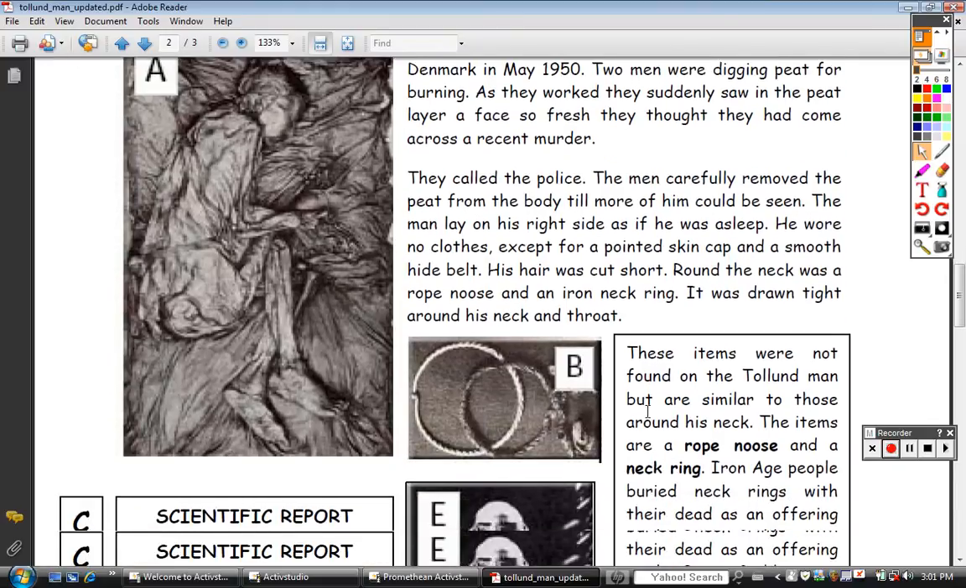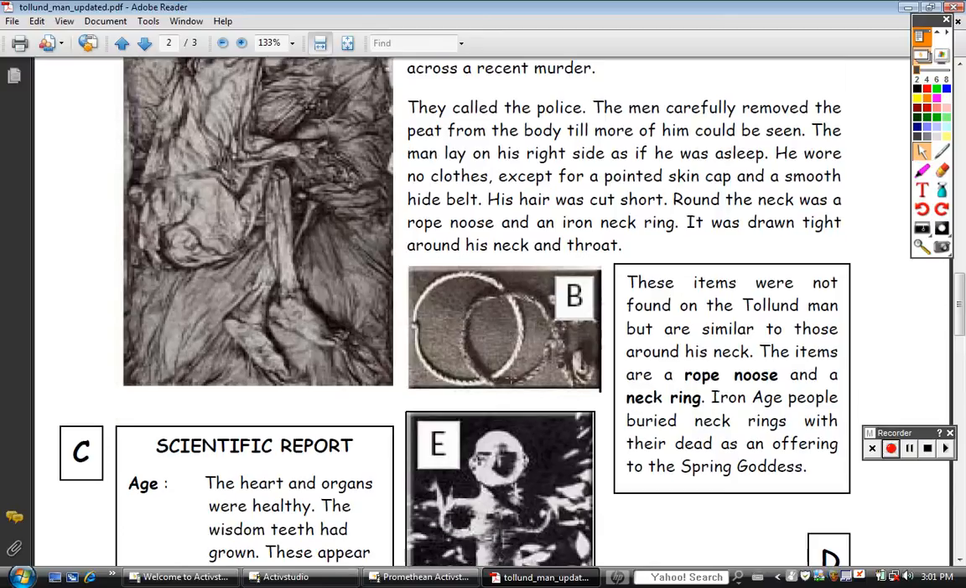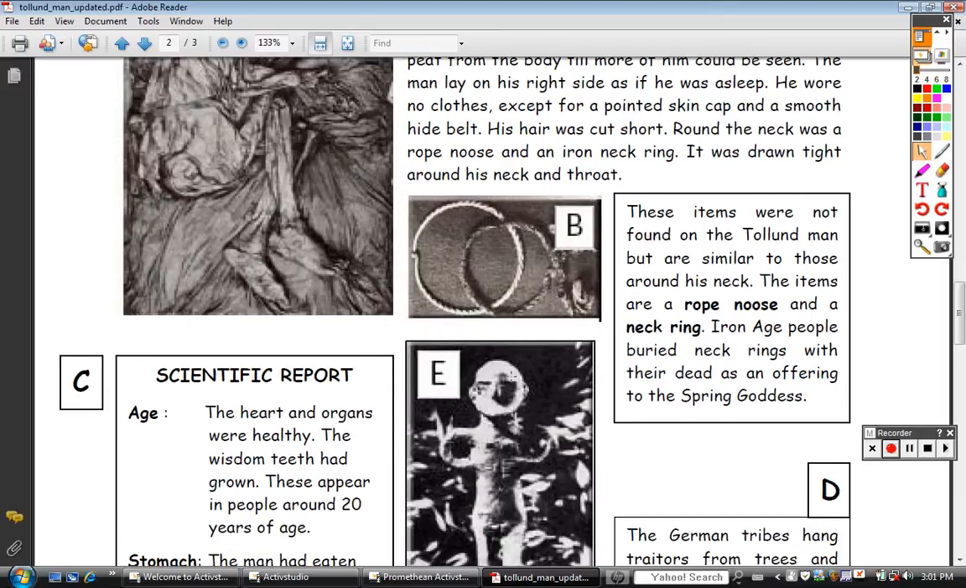As you can see here, there's another piece of evidence, B. These items were not found on the Tollund Man, but are similar to those around his neck. One is called a rope noose, and one is called a neck ring. You can see the noose because of the string at the end. The Iron Age people buried neck rings with the dead as an offering to the spring goddess. If we look down at the scientific report,